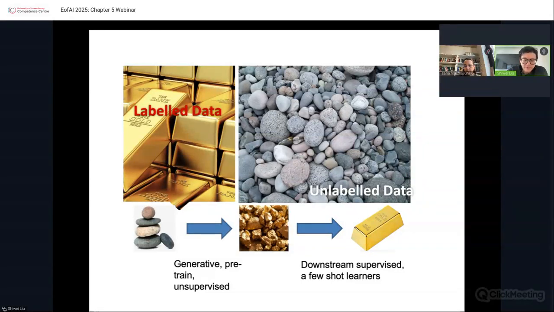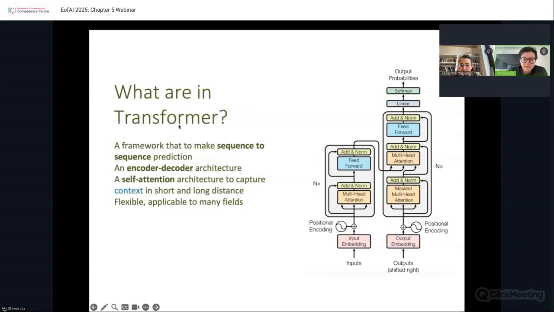For example, one of the most famous unsupervised learning techniques is called next token prediction for language models, which means given a sentence, you ask the model to predict what the next token will be. So in this context, your label is already provided. It's just your next token. So you don't have to label your data by a human being. You just shift your context window to the right, then you can get your label. So your useless unlabeled data in the context of large language models will become something very useful in